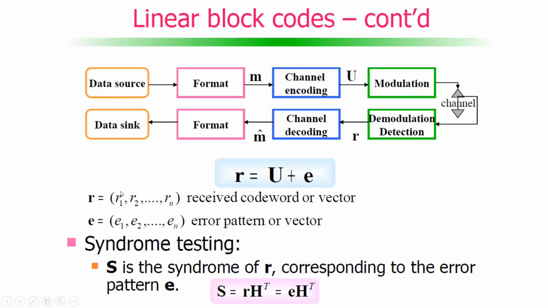If any bit is in error, the error pattern corresponds to it. Let's say the first bit was in error. Then the error pattern will be 1 0 0 0 0, all others will be 0 except the first bit. So that is the error vector. My received vector is equal to U, the code word which was transmitted, plus E, the error vector. There is a concept called